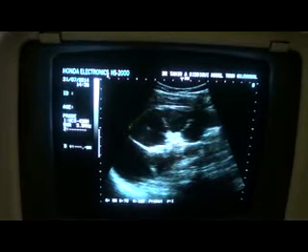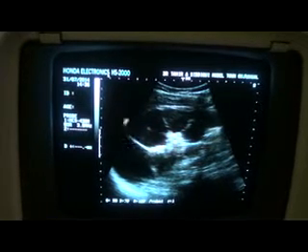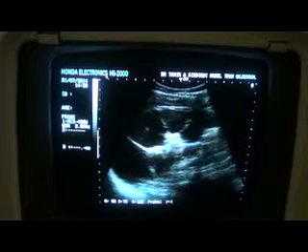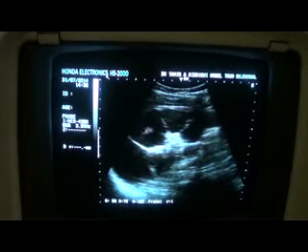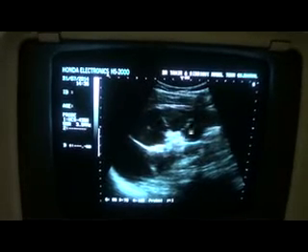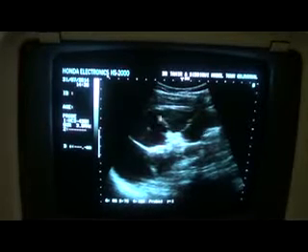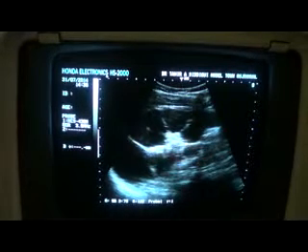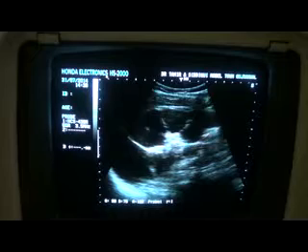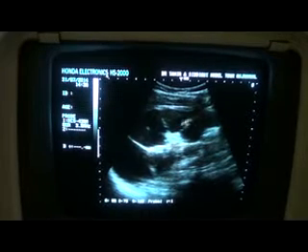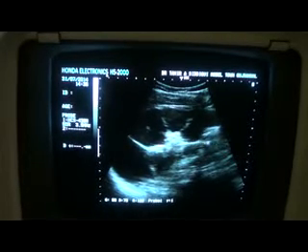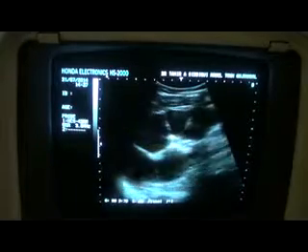Why this area is appearing as cyst is because you are seeing these thin thread-like linear structures. This is called the tipping sign of massive hydronephrosis. These are bright linear structures,